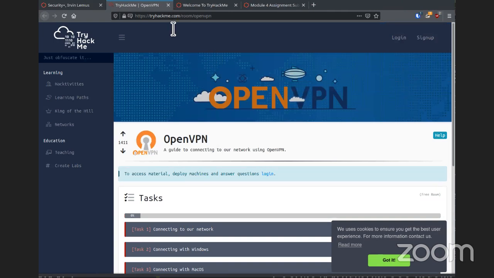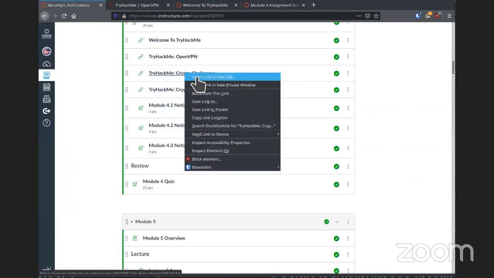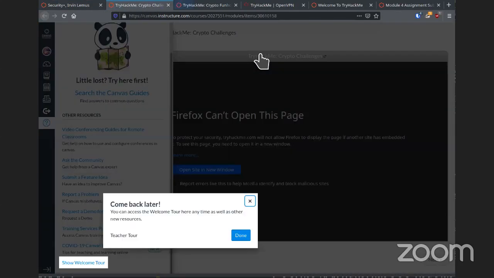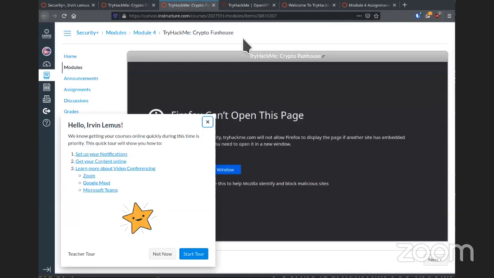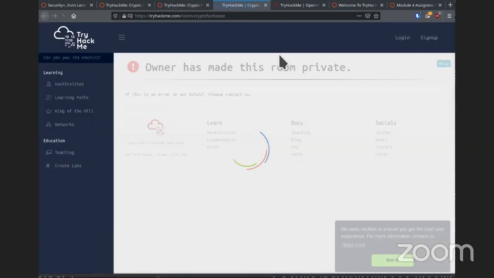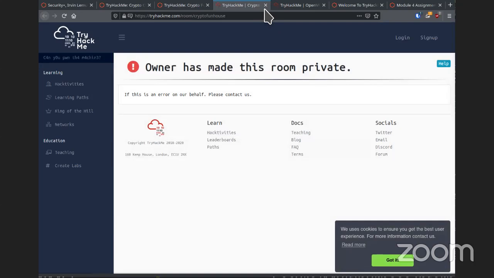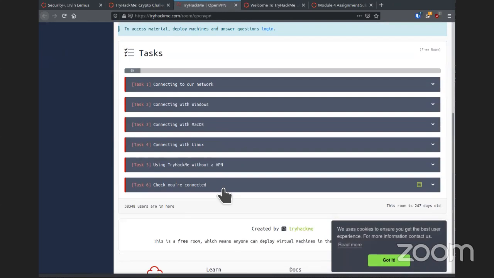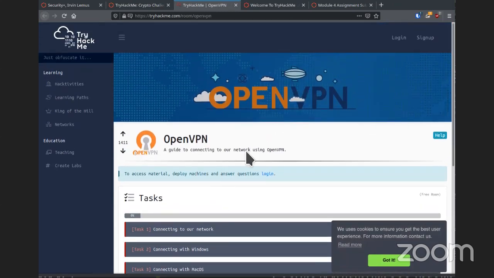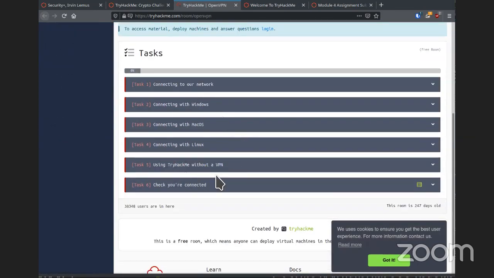and connect into their network. Once you're in, you'll do these two rooms, the Crypto Challenge and Crypto Funhouse, assuming they are up and running. Oh, that one's been made private. Has the other one been made private too? Yes. Okay, so I'll double check that these links work, and you'll see what rooms you can work in. For right now, the first big step is signing up to TryHackMe and making sure that you have a VPN connection to them. Once you have that ensured, then you can proceed to working on